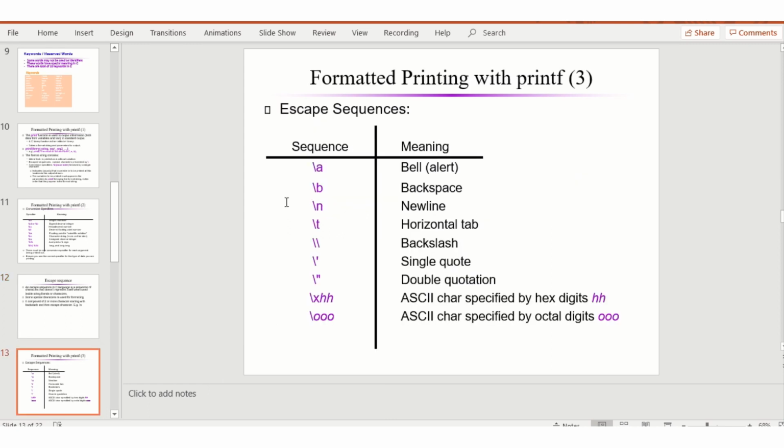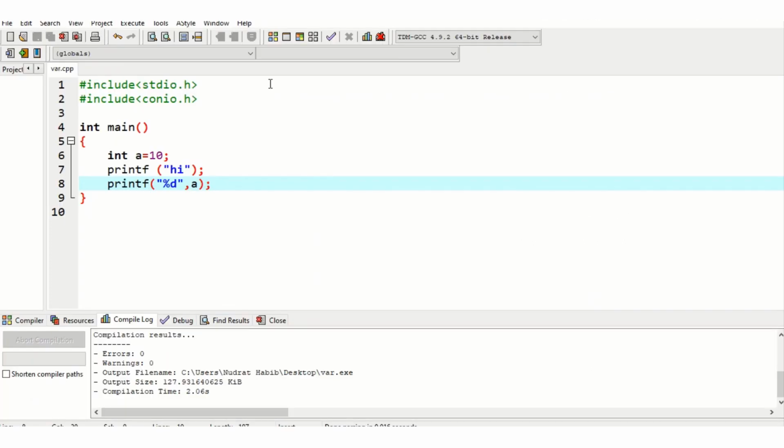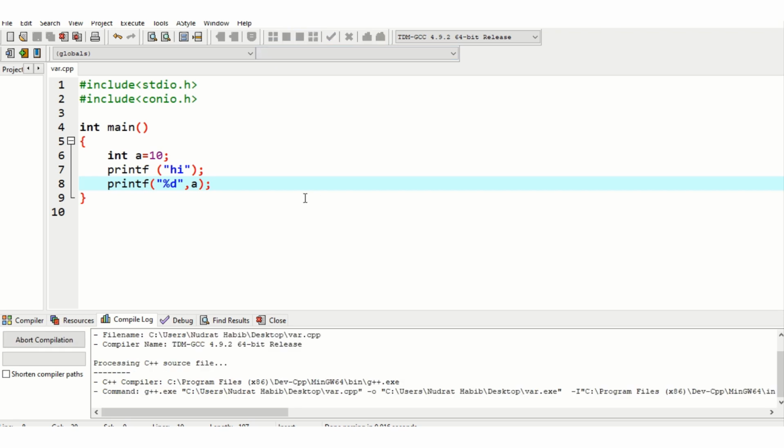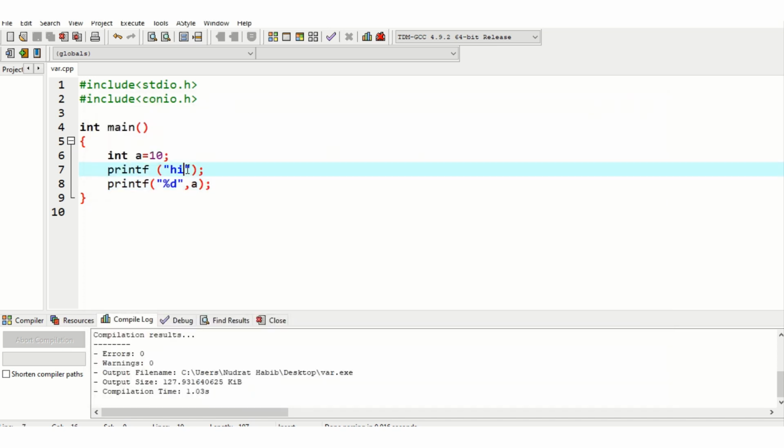This one is used for new line and this one is used for tab. Here, if you want both those statements to be printed in different lines, we need escape sequence and new line. It will print hi and then it will go to the new line.